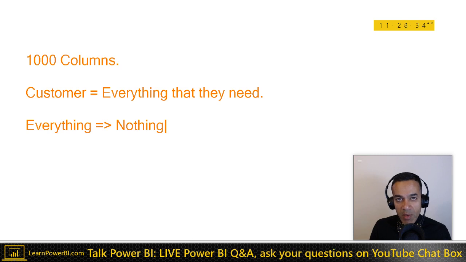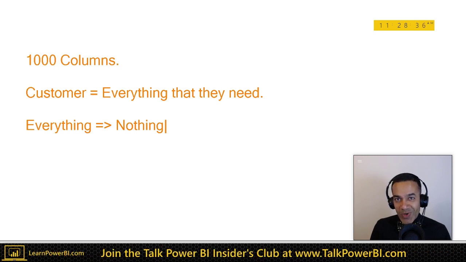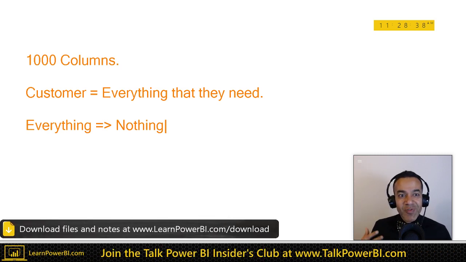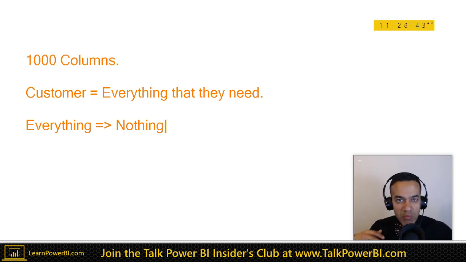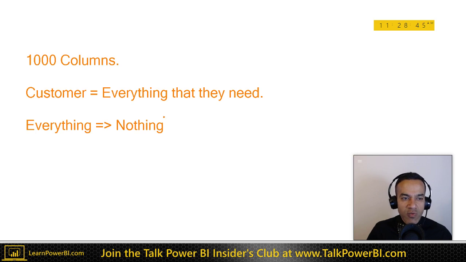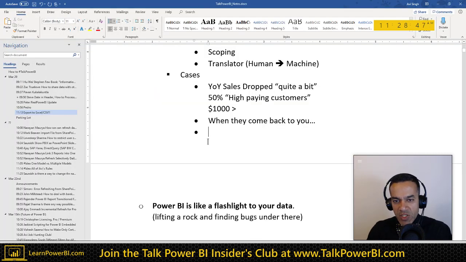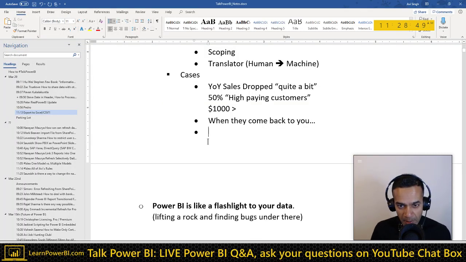You show me 100 rows of numbers, and I wouldn't know what that is. We need to see it visually. We need to see average or minimum or max or median or something like that, right? So we can't process that much data. So everything is nothing. But they were well intentioned. So if you build a report like that, 1,000 columns, 1,000,000 rows, and they never come back to you, well, yeah, it was a disaster, my friend.